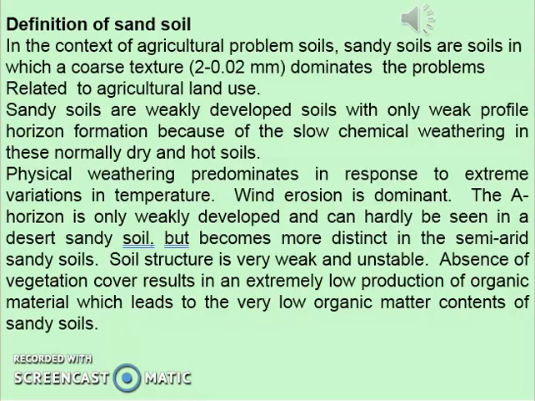The A horizon is only weakly developed and can hardly be seen in desert sandy soil. Due to absence or low vegetation cover, the organic matter content of sandy soil is very low. Consequently, all nutrients, macro and micronutrients, are low in sandy soil.